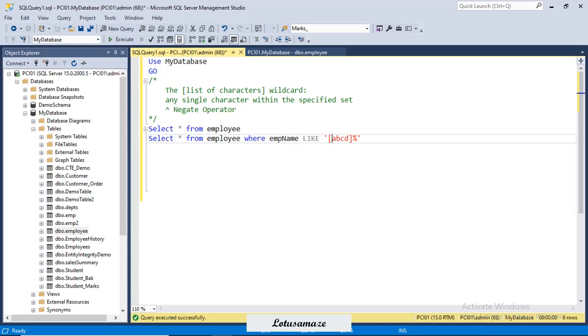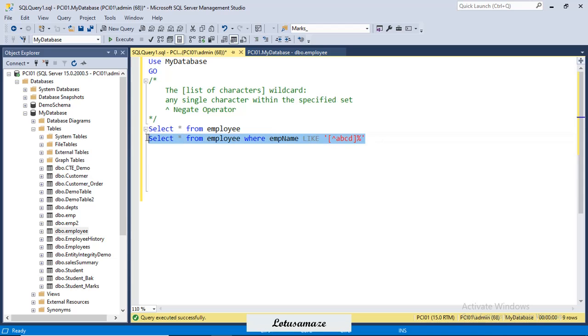Now we use the negate operator, the circumflex. If I mention the circumflex sign here, it will reverse the meaning of this one. Now these characters A, B, C, D should not be included in the list of employees.